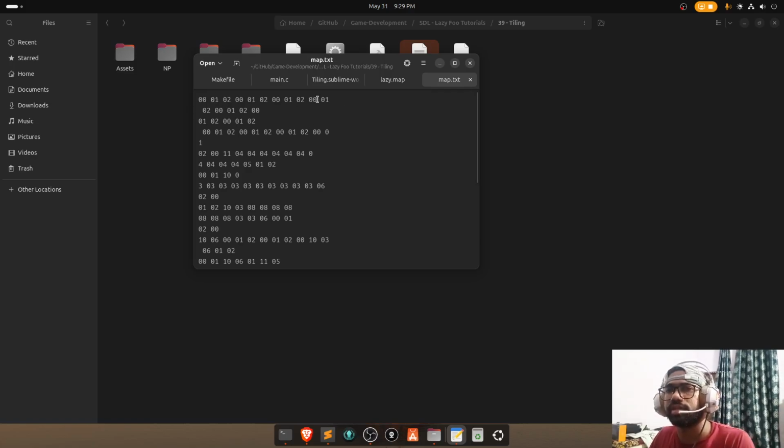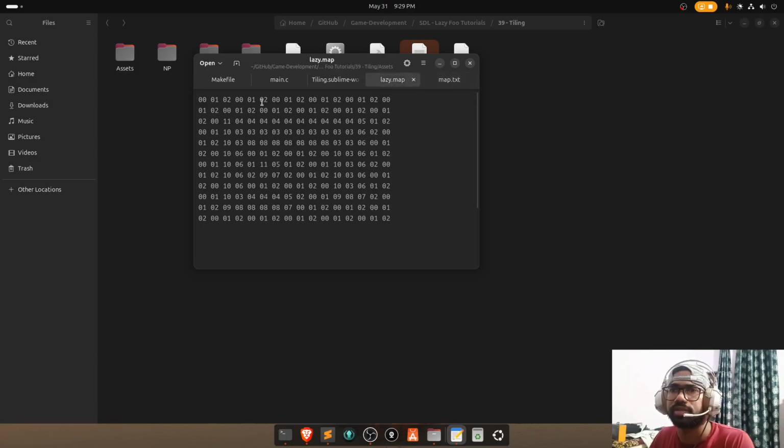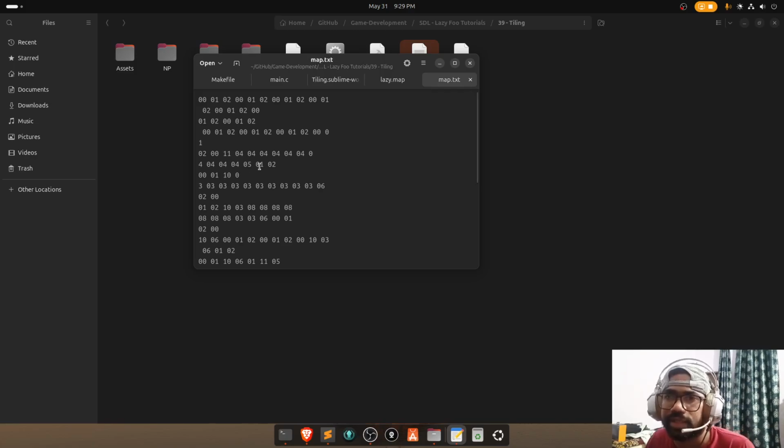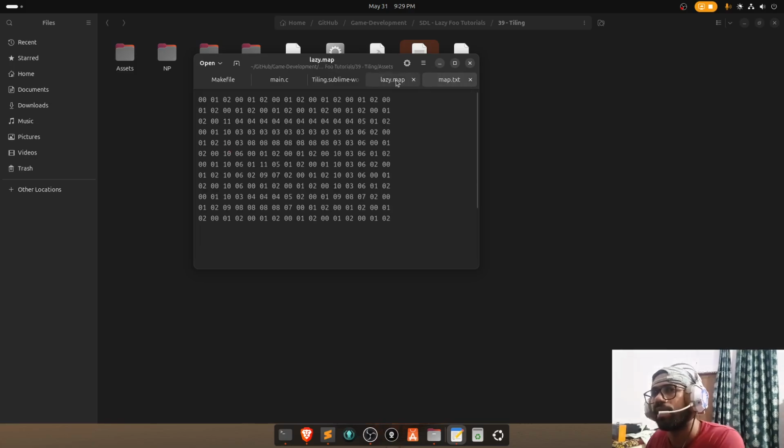Okay, so 0 1 2 0 1 2 0 1 2 0 1 0 1 2 0 1 2 0 1 2, then 0. Okay, but most important of all, does it retain the values? Right, okay, so it does retain the values, but